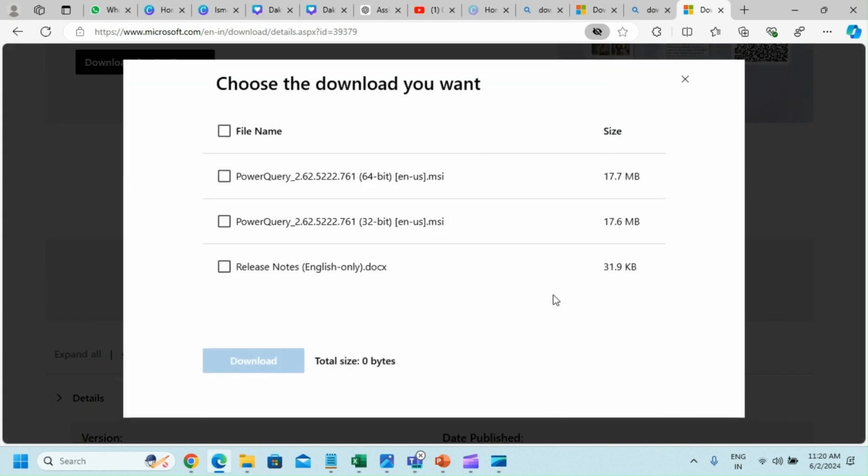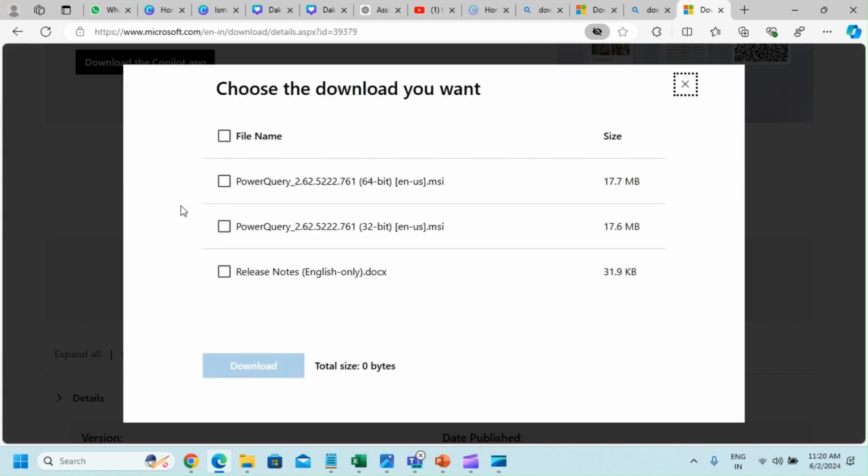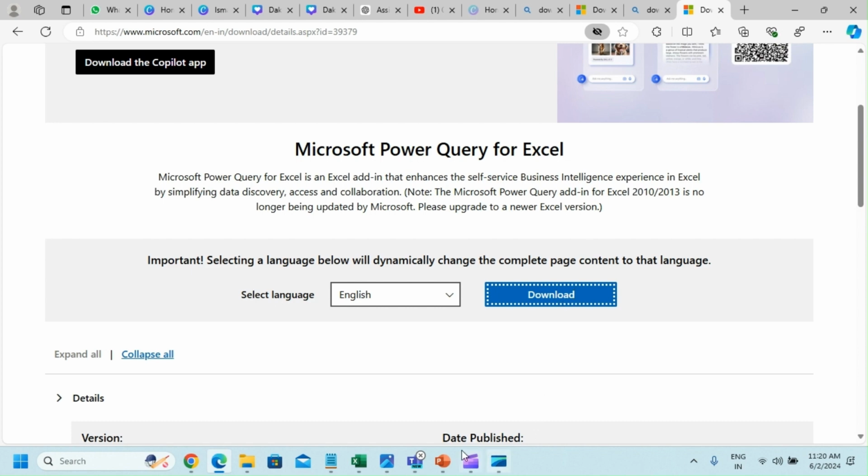You'll get download, and it is going to ask you which version do you want, the 64-bit, and this is why I asked you to check. So if you have not done this, please go back and check the version that you're using. So you can either use these two, and then you can download that. Once you have downloaded it, then you need to go back to Excel,